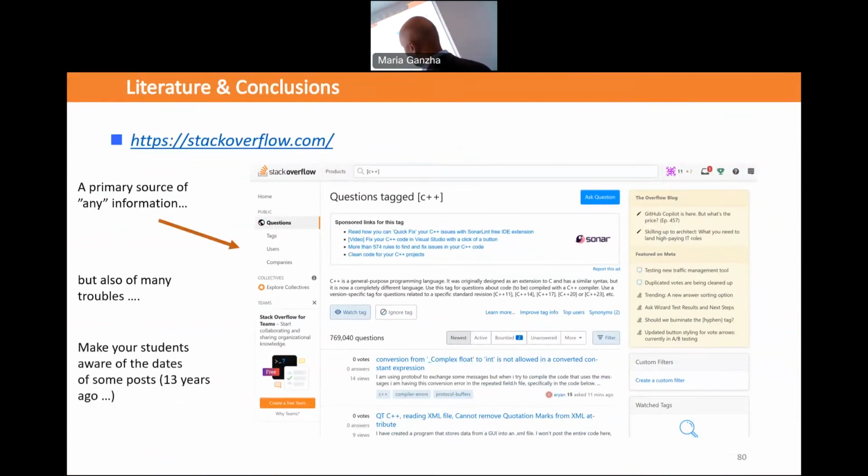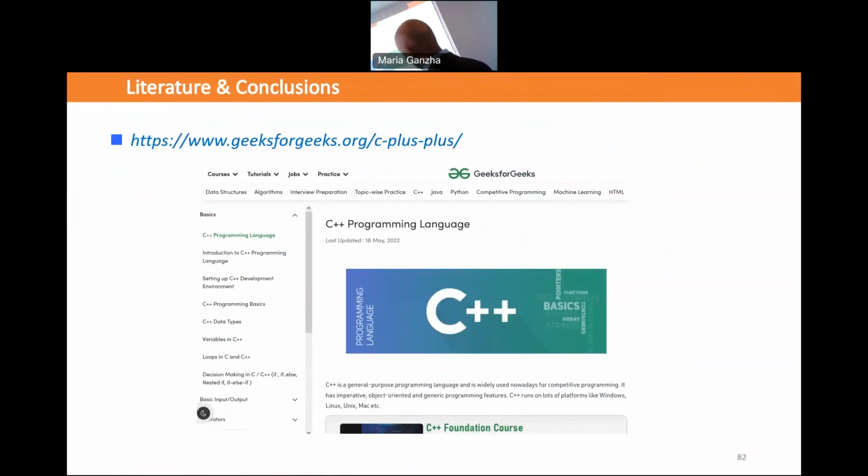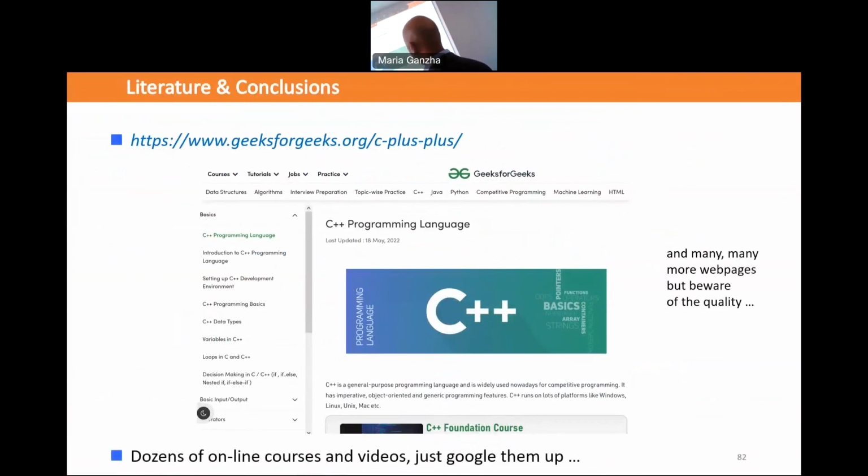Yes, we can have a lot of troubles with old code. A very good thing is the C++ Core Guidelines, but also not for absolute beginners, but gradually. So let's provide this page for students so they can gradually read. Well, other websites you can find, no problem.